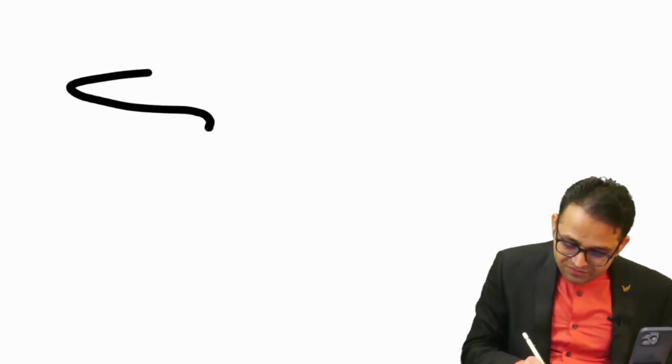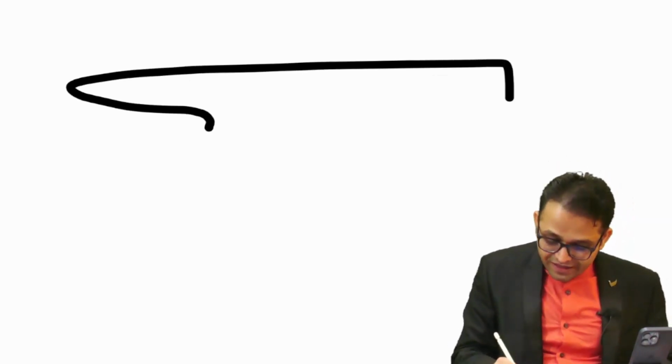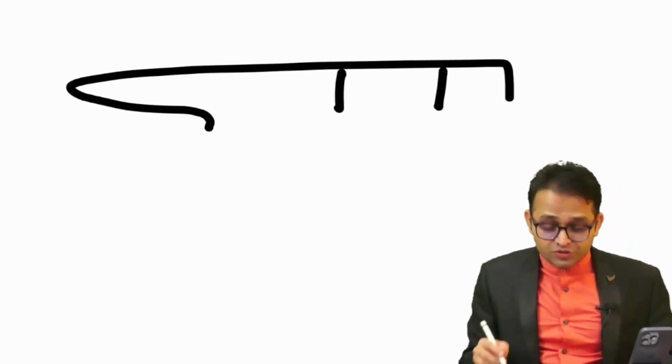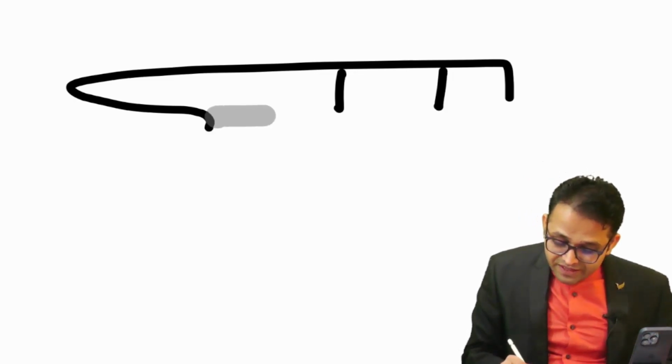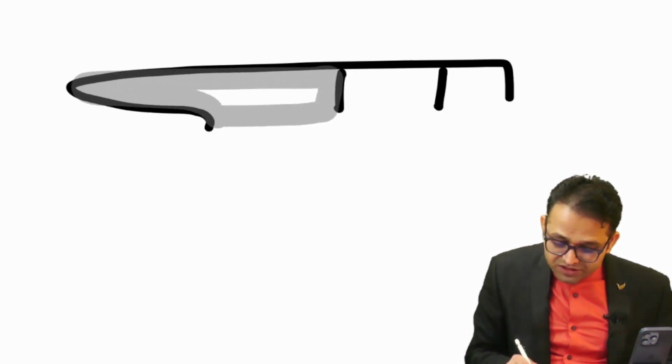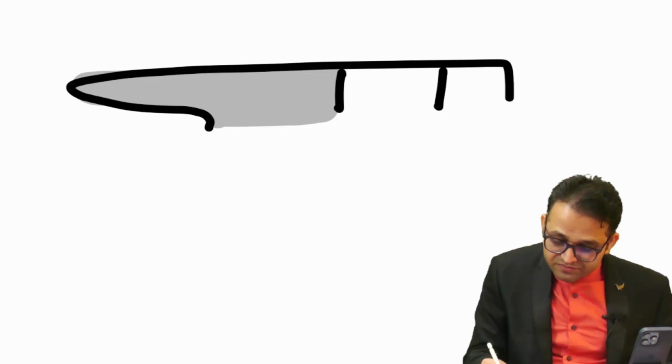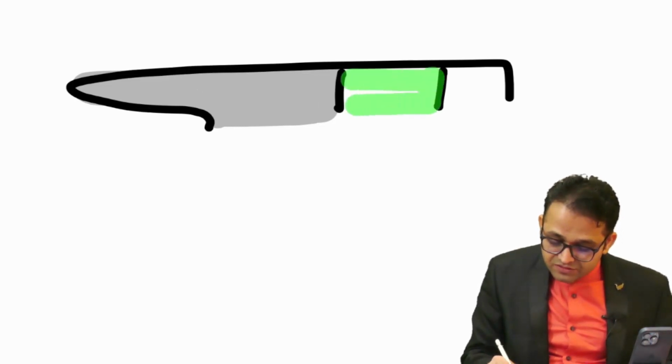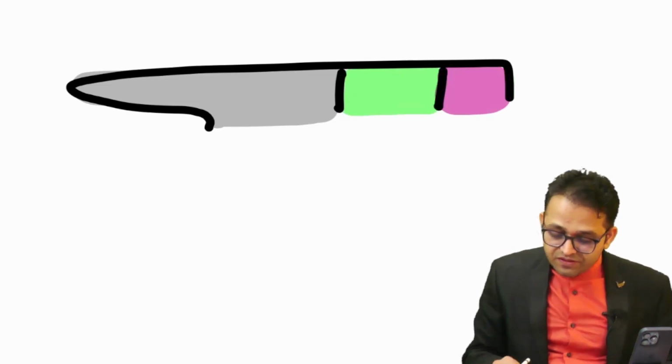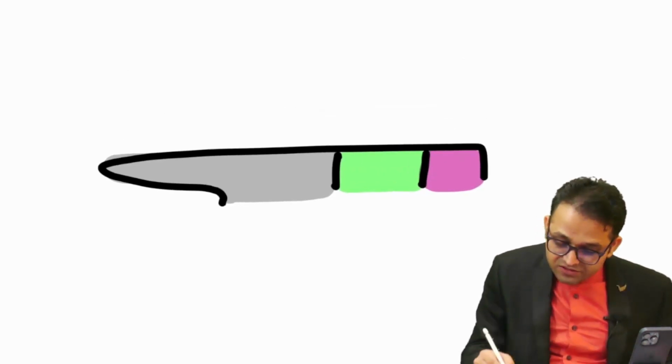I taught you earlier, sir, the tongue has the anterior two-third, the posterior one-third, and the posterior-most part. The anterior two-third is derived from the first arch, and here is the third arch, and this is the fourth arch. Sir, the tongue is carrying the